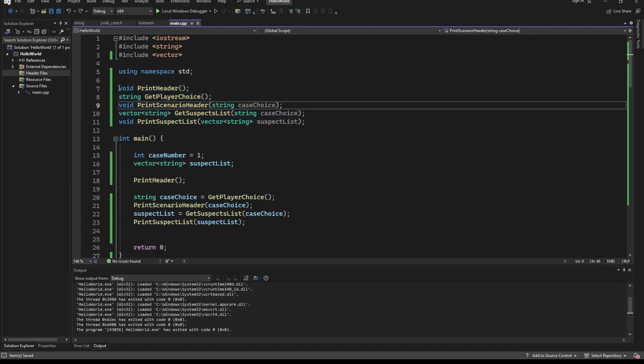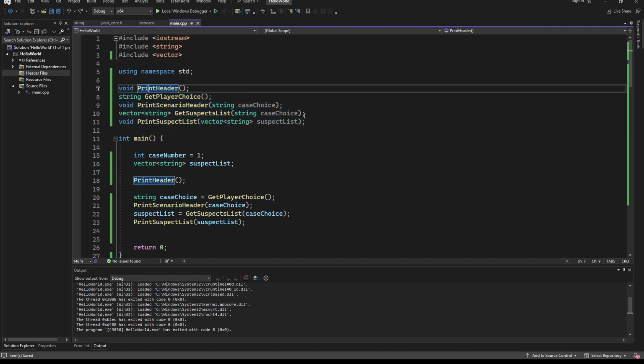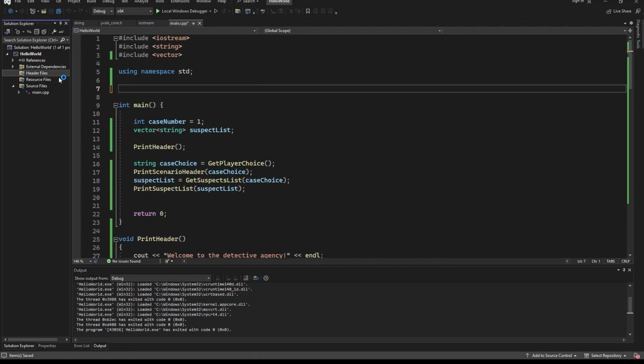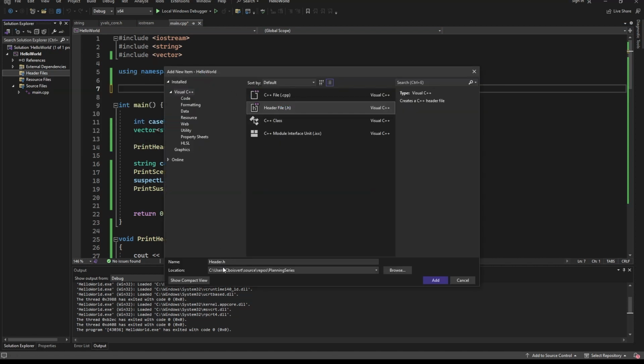So the first thing we're going to move is this. This is declaration. It still needs to be before the main function. This is not changing. Whenever it reads the main function, it needs to know about these. So we're going to use the fact that include copy pastes the file to move that into another file. So declarations go into header files. Header files are going to be here. It's .h, and we're going to call it